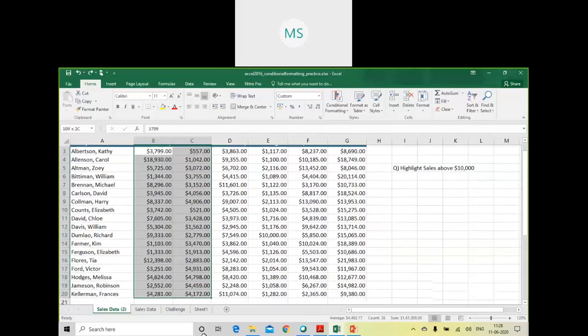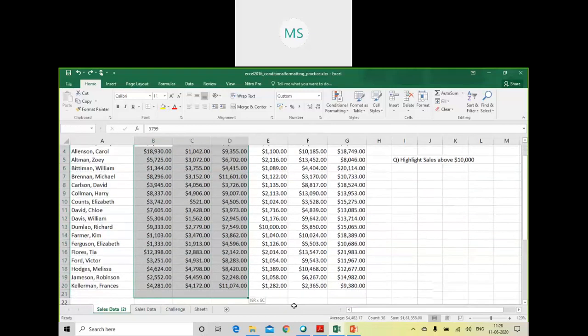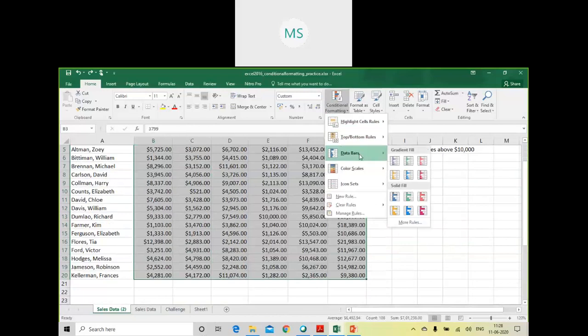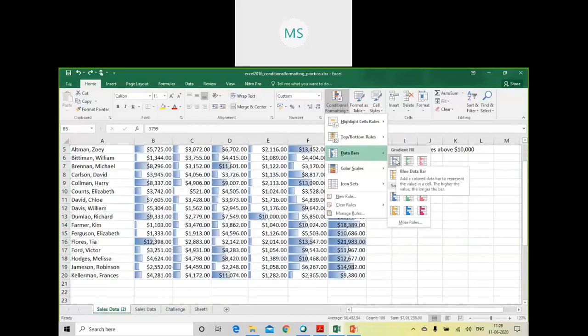Apart from that, if I choose this particular option, data bar, the moment you do that, it adds a color to that particular cell depending on its value. Higher the value, bigger the bar will be, lower the value, smaller the bar will be.